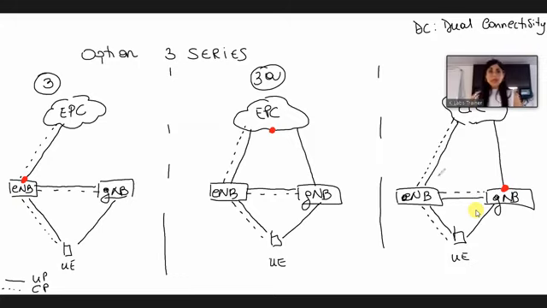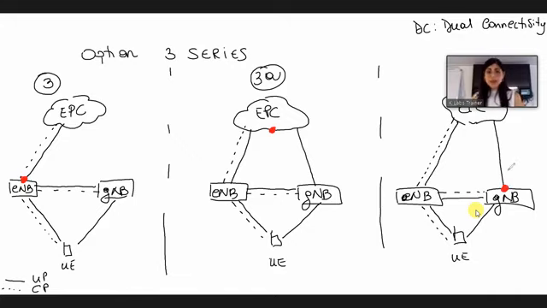So this is the option 3 family, composed of option 3, option 3A, and option 3X. The structure is the same. In all three cases, we have our user equipment in dual connectivity. That means it can communicate with the 5G or 4G base station at the same time. And in all three options, we have the 4G core network. What changes between these three options is the anchoring point, the data split point.